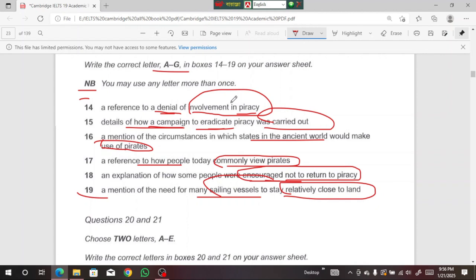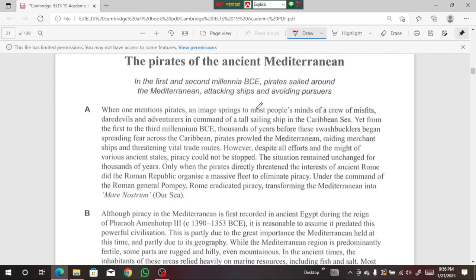We have read the questions, marked the keywords and tried to understand what the questions say. Now we will go through the passage. Matching information is very difficult, so we have to read at least 2 or 3 sentences from every paragraph. Especially, we try to read the first 2 sentences or last 2 sentences to find our answer. If we don't find it there, we'll try to read 1 or 2 sentences from the middle.